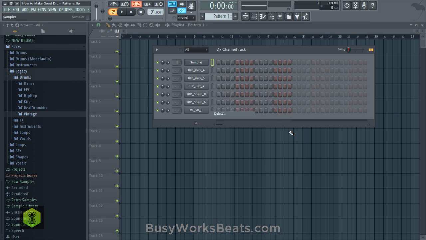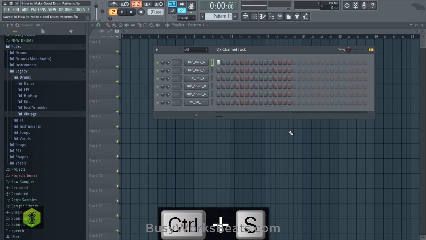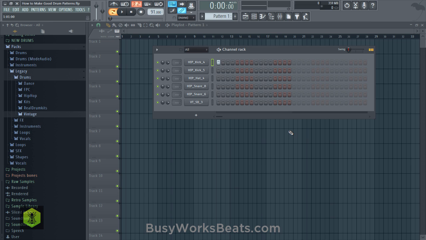So now we need to draw in our kick pattern. Now what I'm doing, boom, boom. When you hear a boom, that means we have a swing pattern. If you hear boom, boom, boom, you don't have any swing. So swing is changing quarter time into more of a triplet time. You can hear it most when you have notes which are really close to each other. So listen to the back-to-back notes, the notes which are right next to each other here. And this note is also back-to-back with that note.